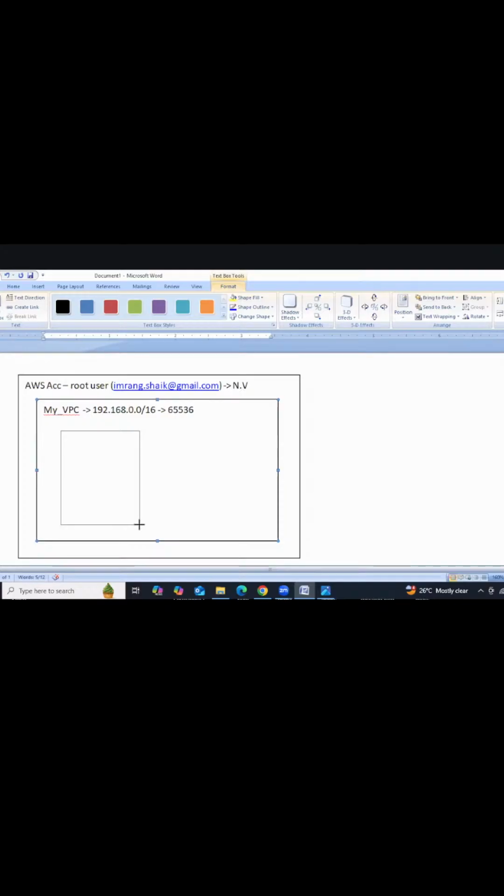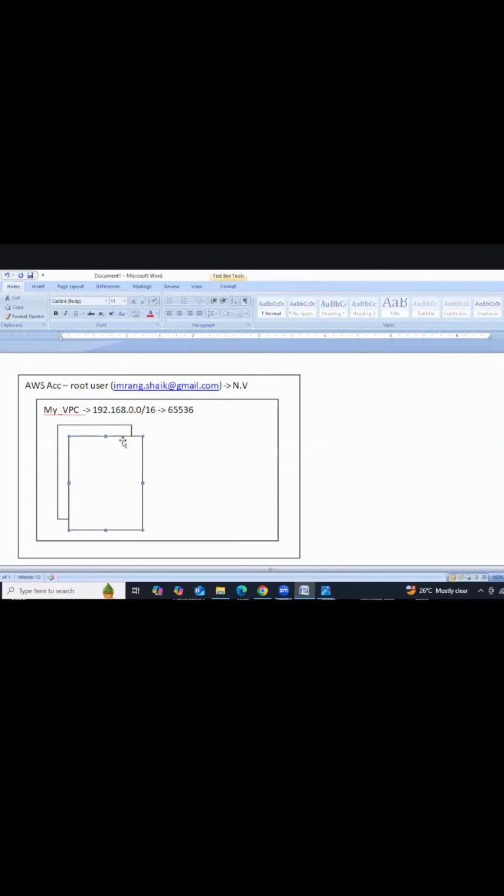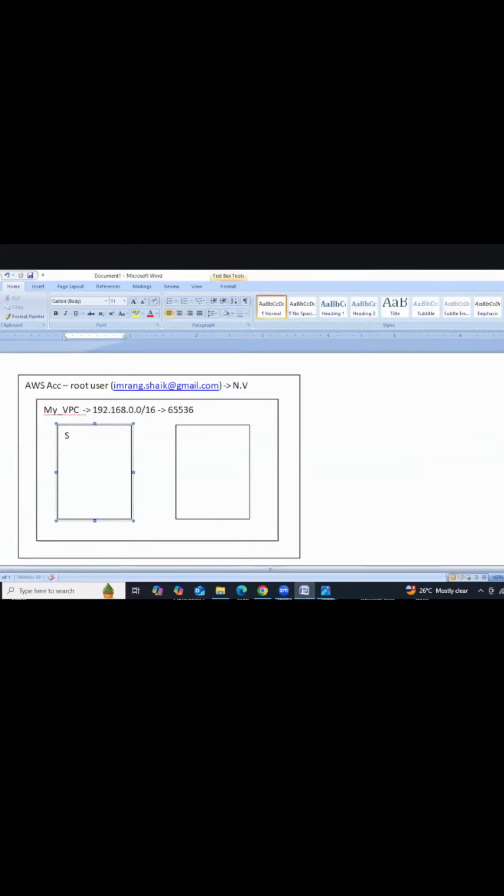According to your requirement, you can create multiple subnets, but at present we are at a very initial stage, so we are creating one subnet. Two subnets, subnet 1 and subnet 2, is also not a problem, but at present one subnet is enough.